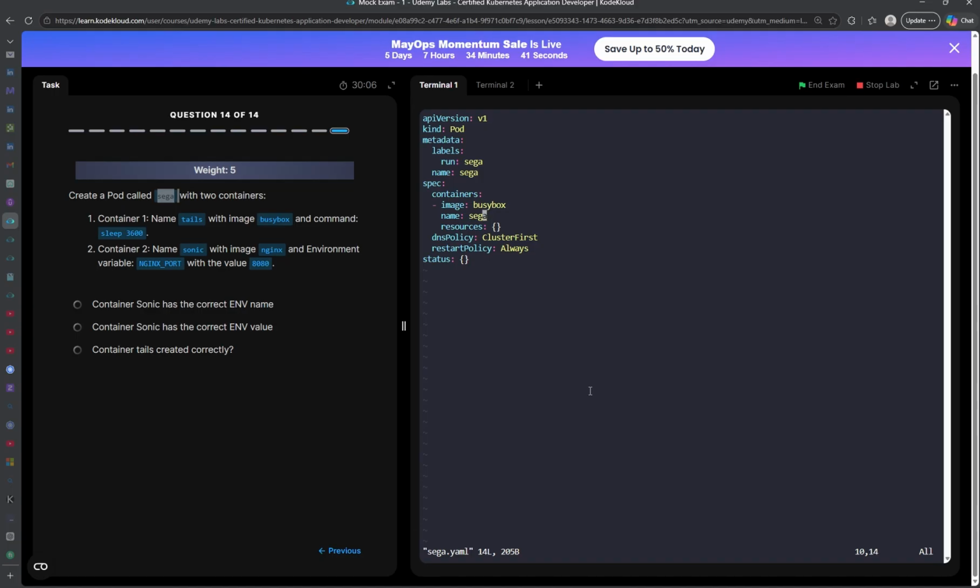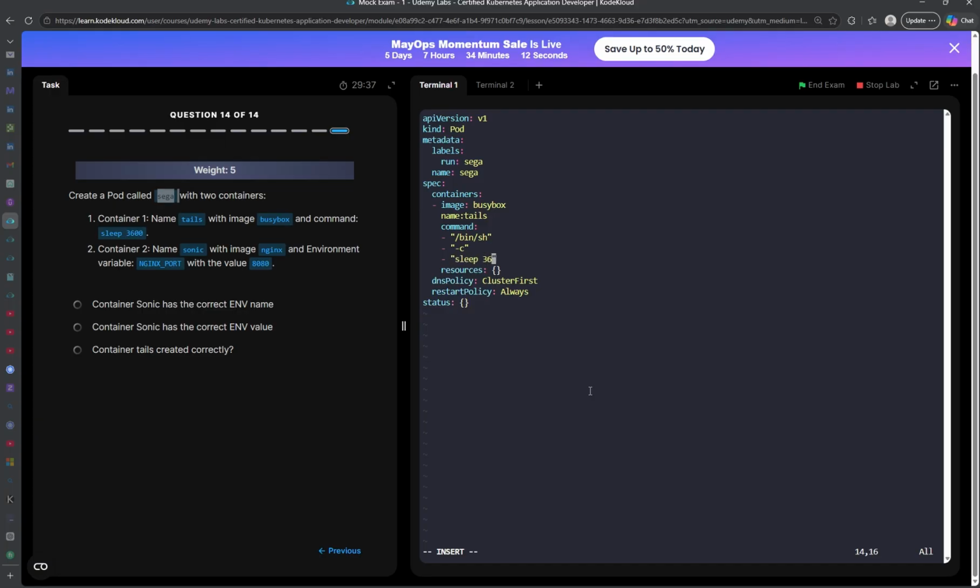The name of the first container is called tails, and we need to specify a command. I'm going to first of all say /bin/sh, and I'm going to provide the command, which is to sleep for 1 hour,